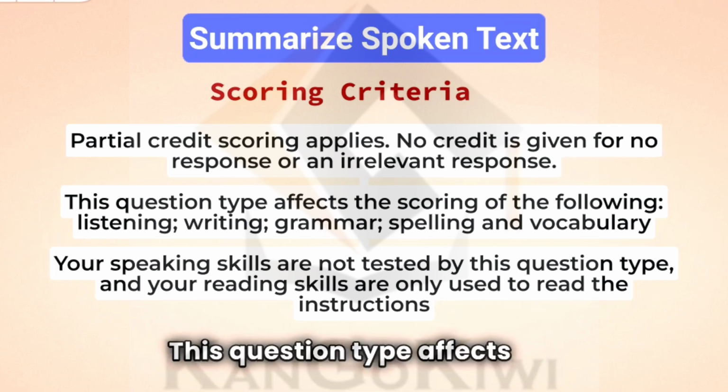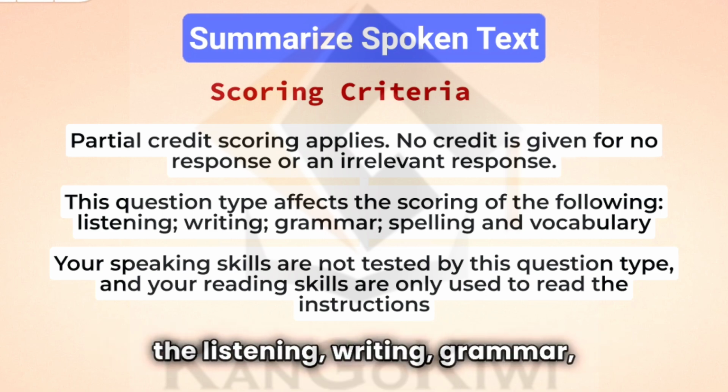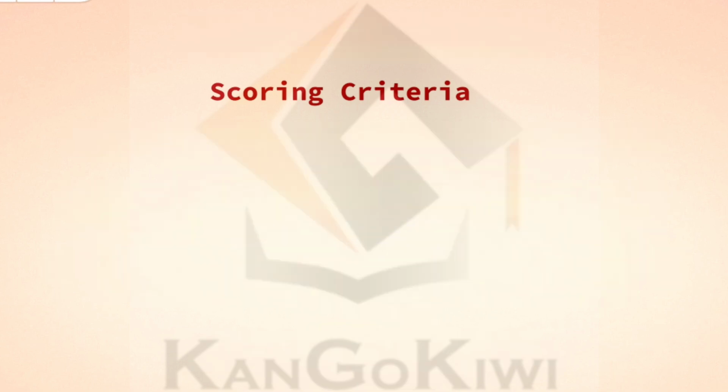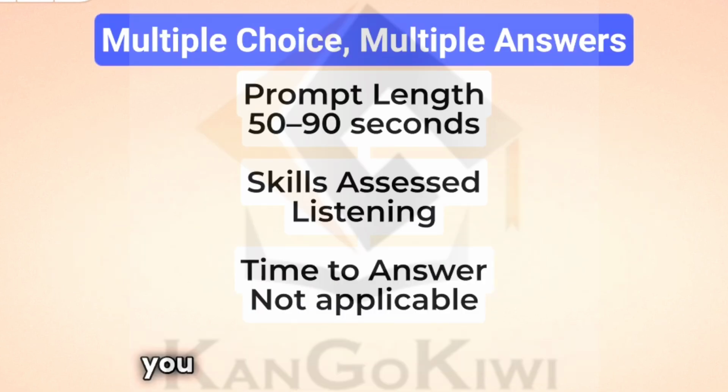This question type affects the scoring of the following: listening, writing, grammar, spelling, and vocabulary. Your speaking skills are not tested by this question type, and your reading skills are only used to read the instructions. In Task 2, multiple choice, multiple answers, you need to listen to a recording and answer a multiple choice